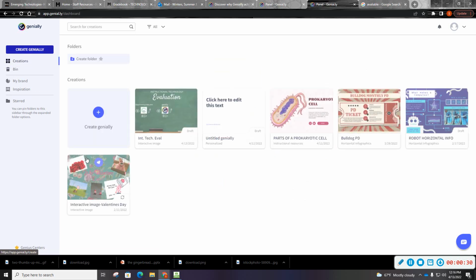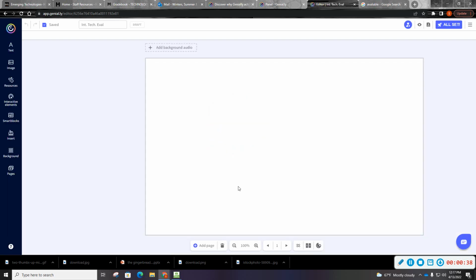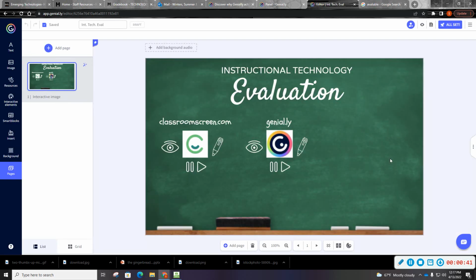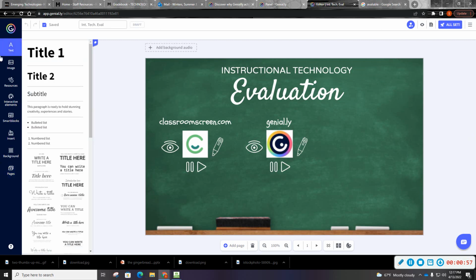I'm going to go back to my creations, and I'm currently working on a Gen1 that I'm going to use for one of my other college classes. So right now I'm making an interactive image. I started with a complete blank creation. I inserted this background, a picture that I found online, and I clicked on text, chose a text that I